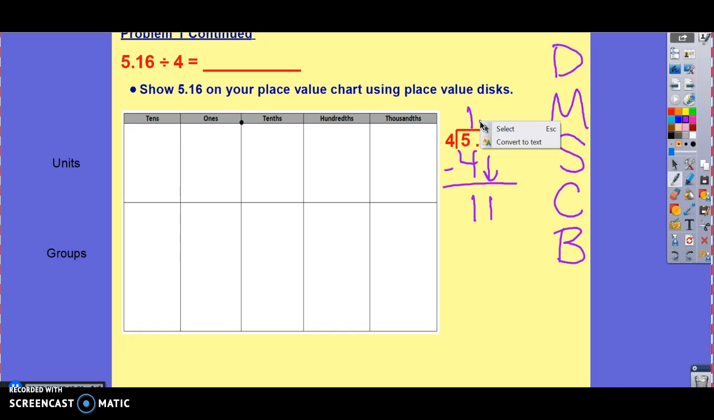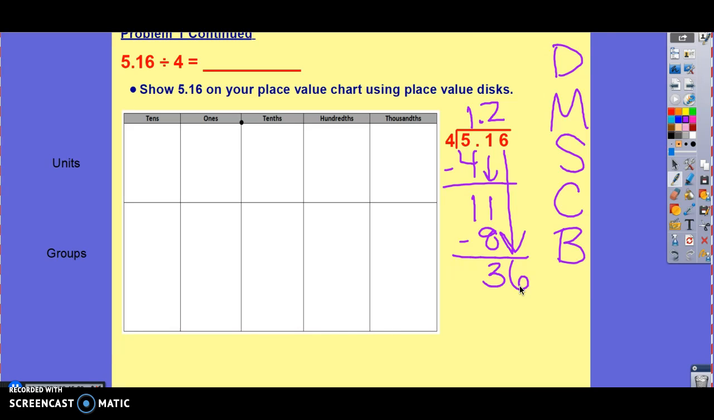4 is going to go into 11 2 times. 2 times 4 is 8. 11 minus 8, we get 3. It's still smaller than 4, so we bring down the next number. We're now going to divide